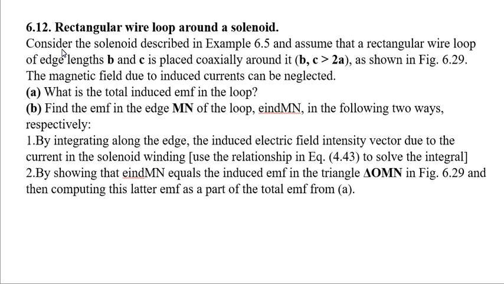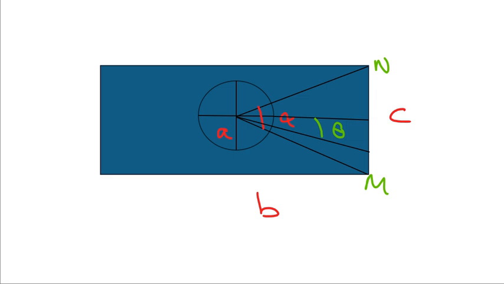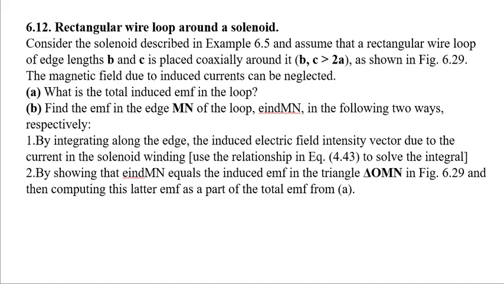So you have a solenoid here, which is a circular solenoid, wrapped by a rectangular loop. There are multiple parts to this problem. I'm just going to show you a picture, a figure of how the problem looks. So you just have a circle inside a rectangle. Hopefully by now you're able to understand